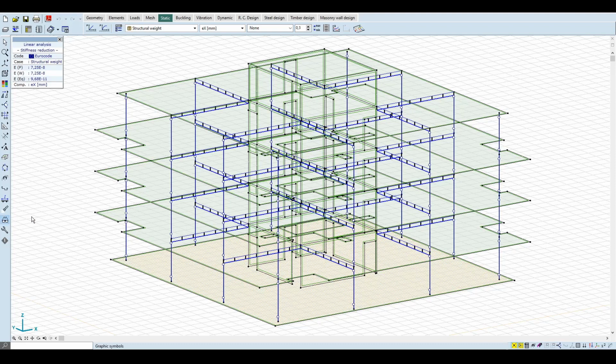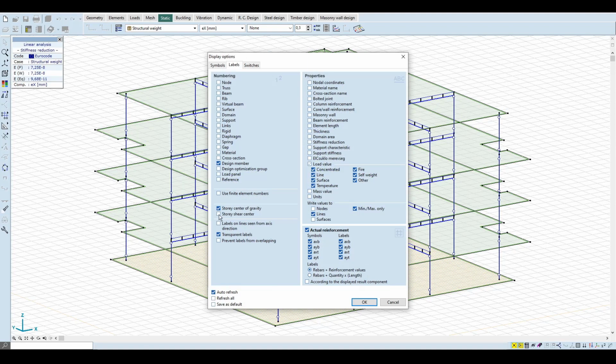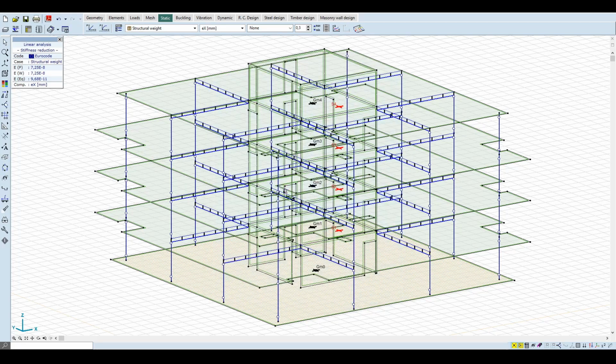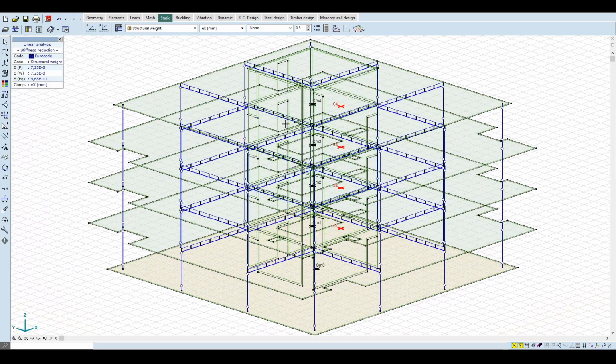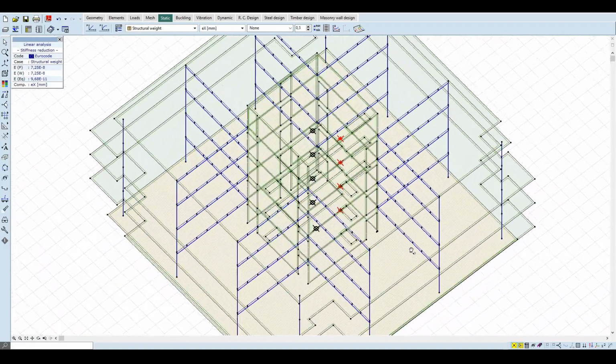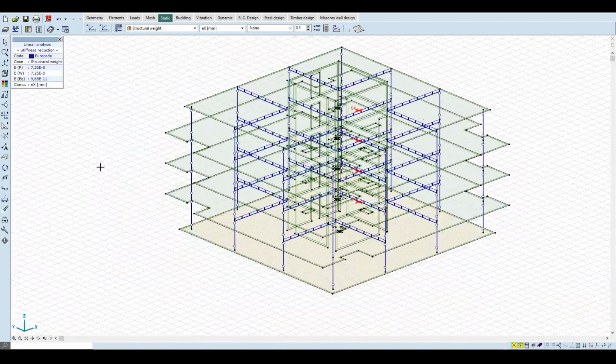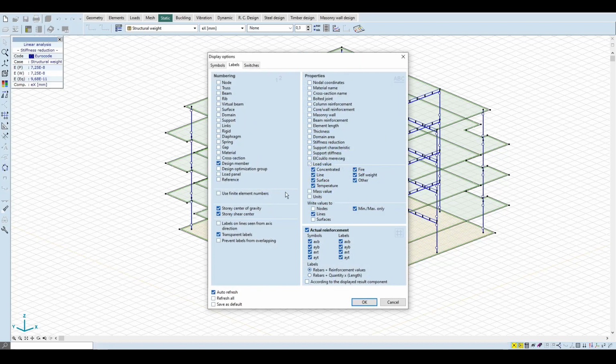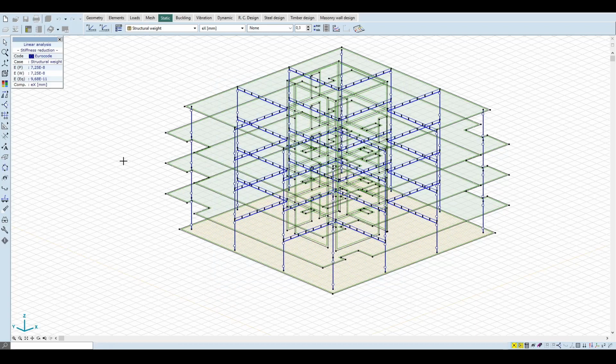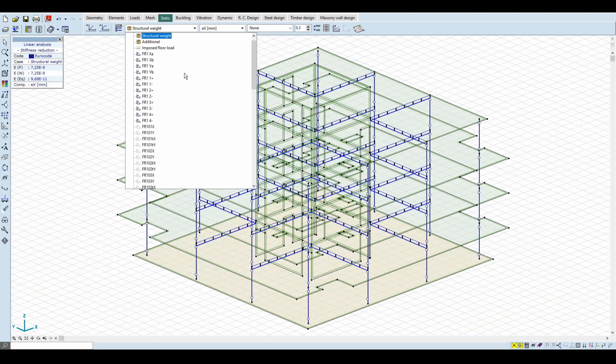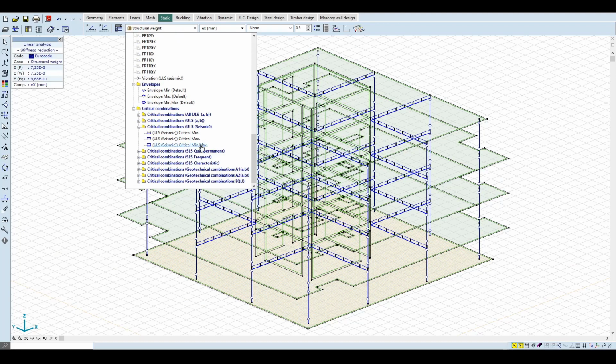We go to the display options and check these two boxes. The black symbols are the centers of gravity, while the red symbols are the shear centers of the stories. Right now, we can switch them off for a better overview. Now, let's see the results. We select the ULS seismic combination.